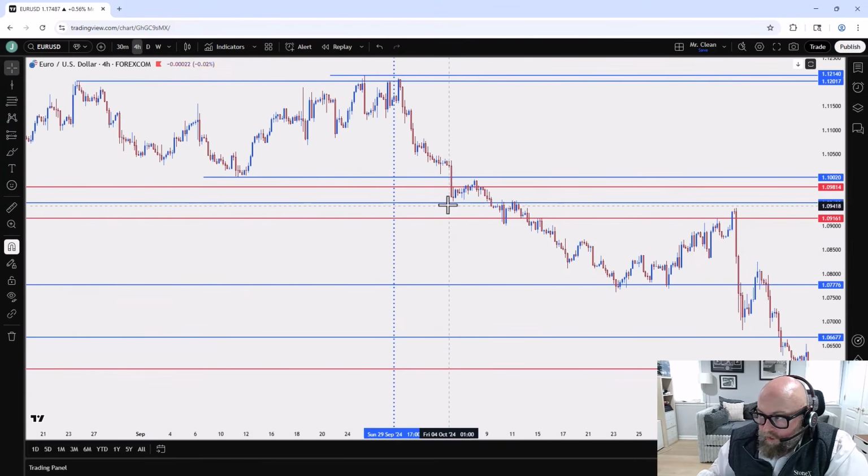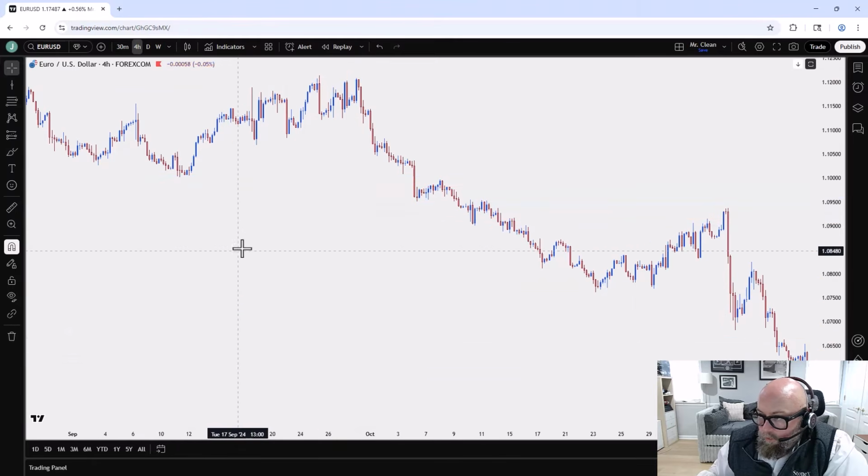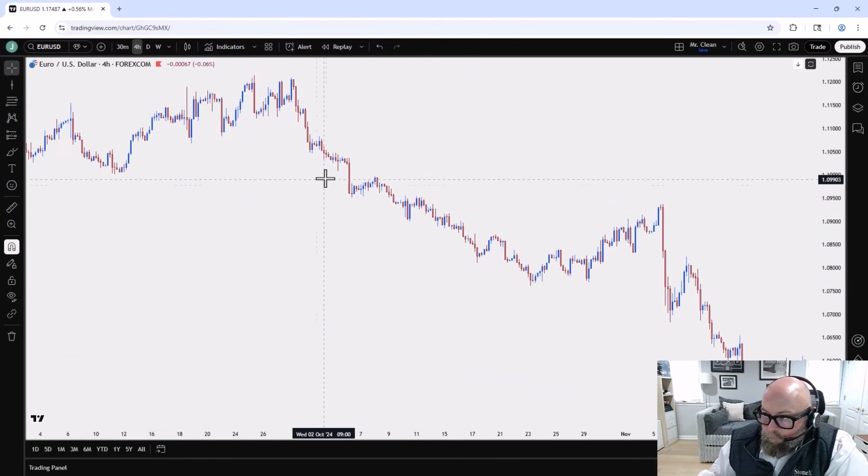And again, that breakdown. So I mean, we can even look at this in a more granular fashion. That was around the time that it happened. That was the weekly bar that it happened. But it was this break right here of that higher low support that brings that to fruition. Okay, I'm going to clean this chart up so that we can then analyze this on the 4-hour chart. So we get this fresh lower low. That's the break right there. That's what brings on the bearish trend.